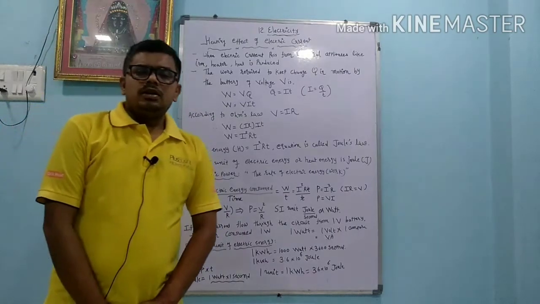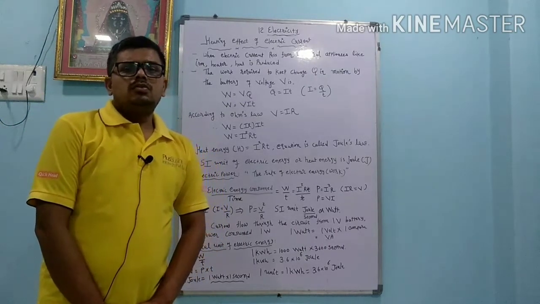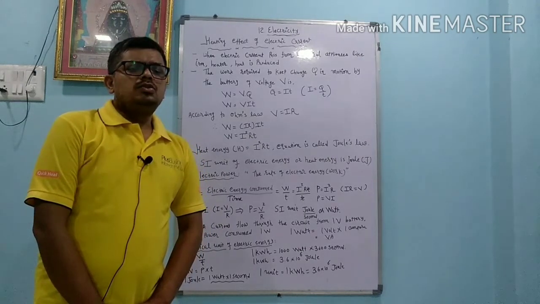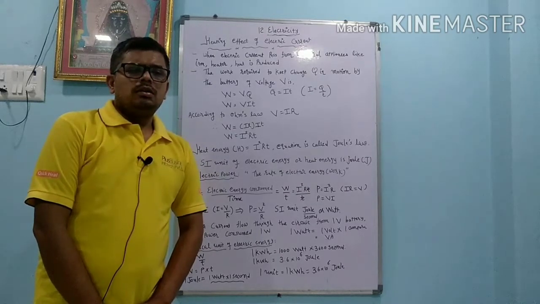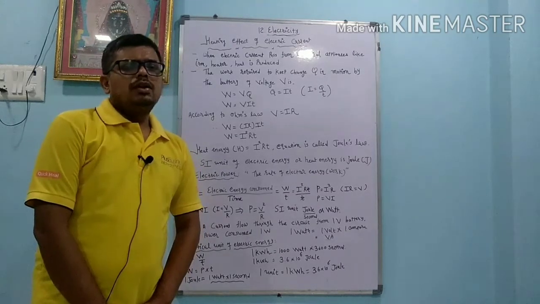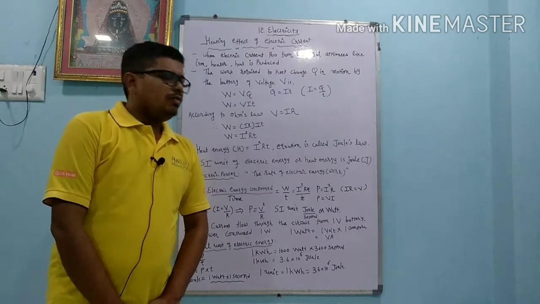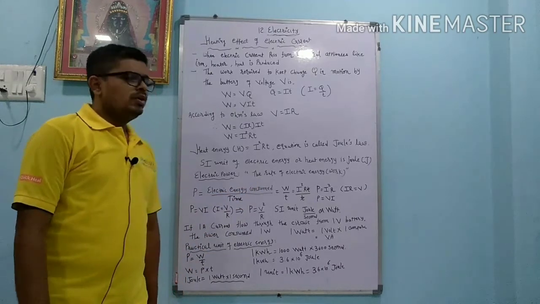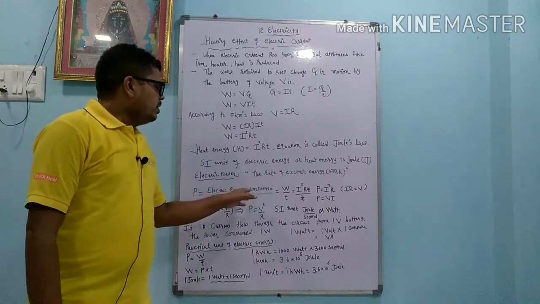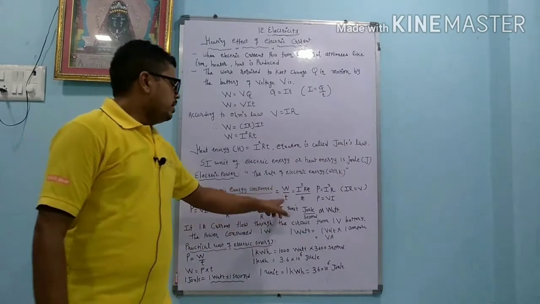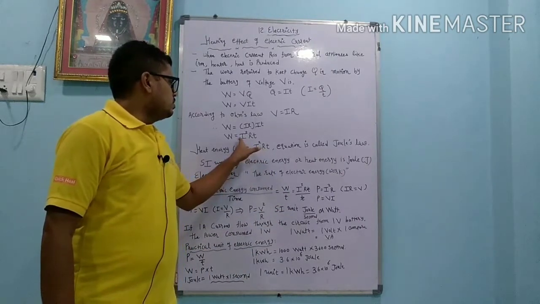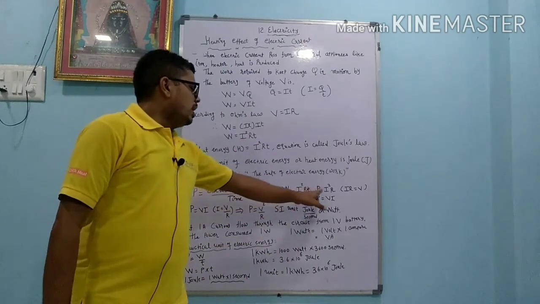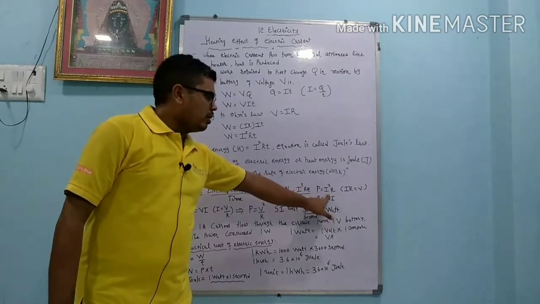Electric power. Dear student, we know the rate of doing work is called power, which we learned in 9th standard. So P equals W by T is called power. Here we are going to learn about electric power, so P equals electric energy consumed divided by time. Electric energy is one type of work, so W by T. W we got in the first equation, W equals I square RT, T is cancelled, so we get P equals I square R. You can also write this equation in the exam.